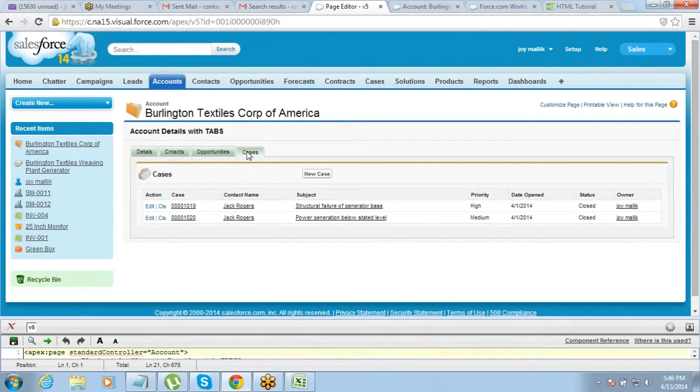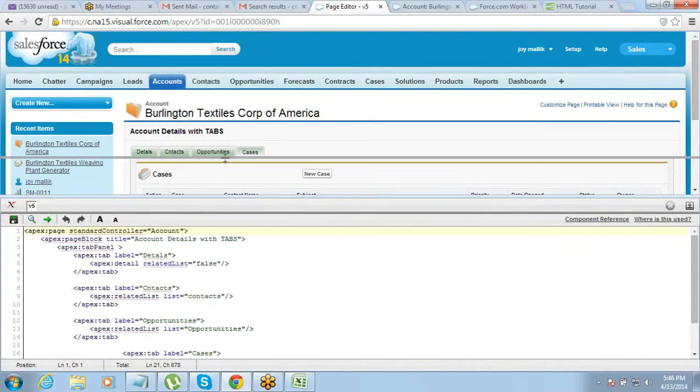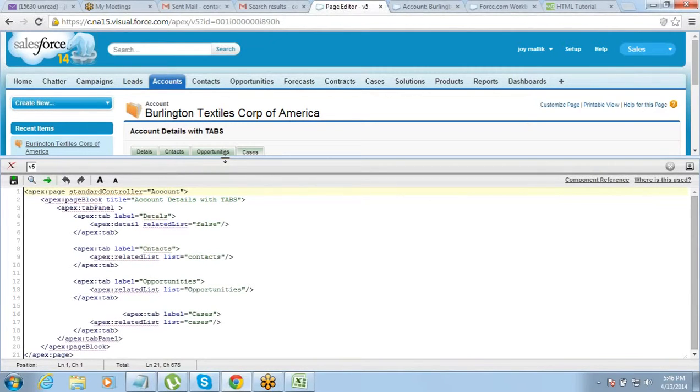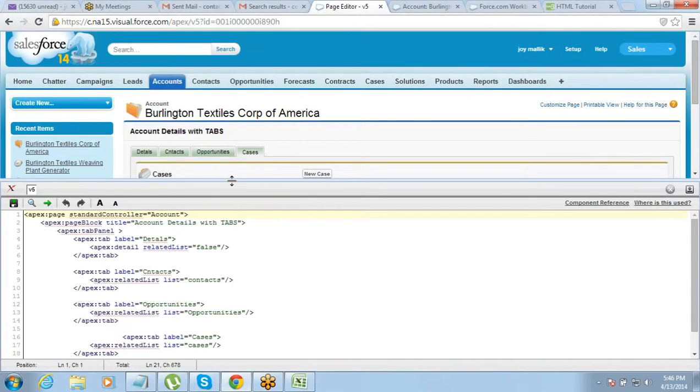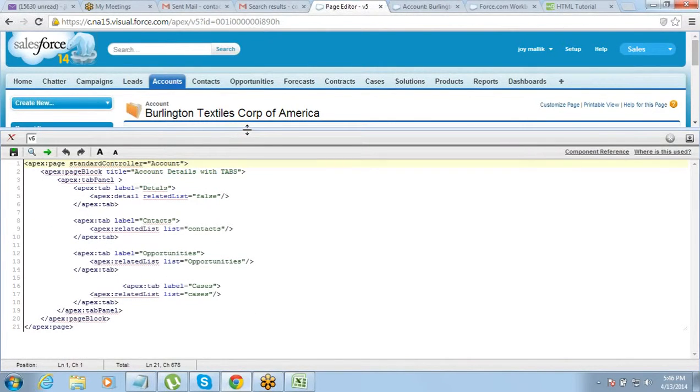Sujit, creating tabs is okay? So you're not putting everything in one page, but you're creating tabs for easy navigation. Right, exactly. It's the same page but different tabs for it, right?